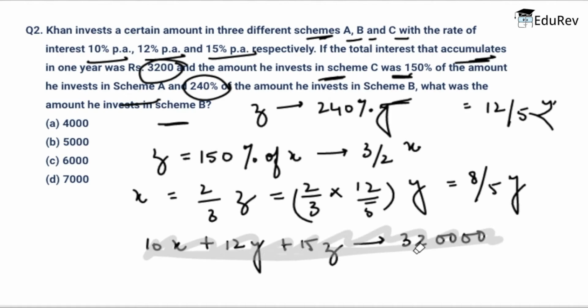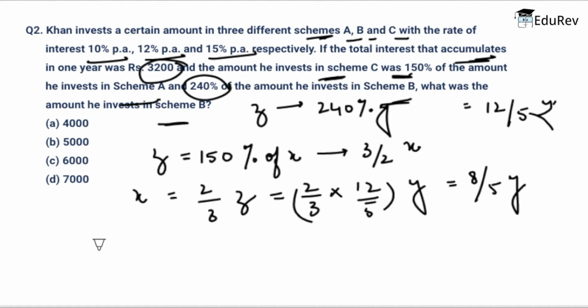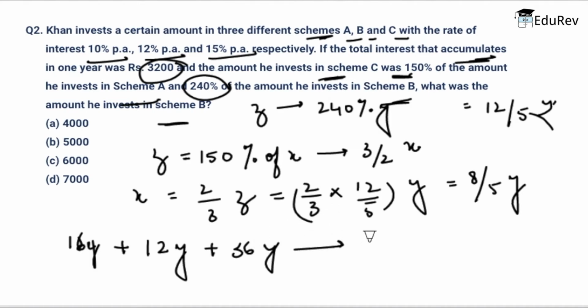Now combining the above equations, we will have 16y plus 12y plus 36y, which is going to be 64y, equal to rupees 320000. So from here I can say that